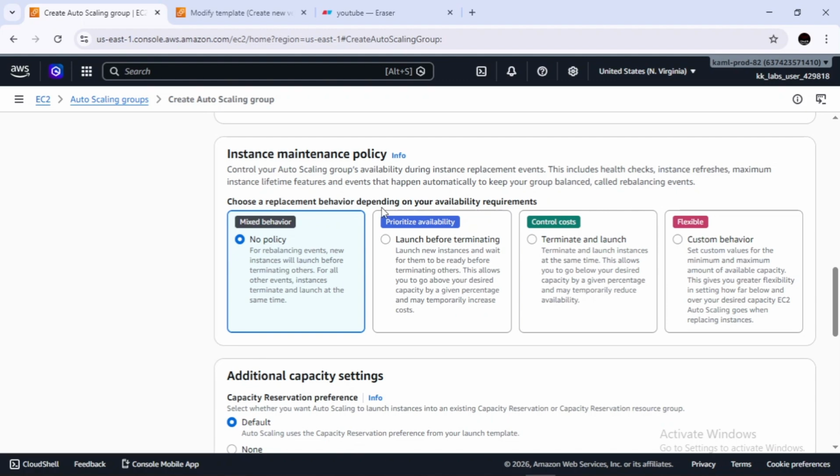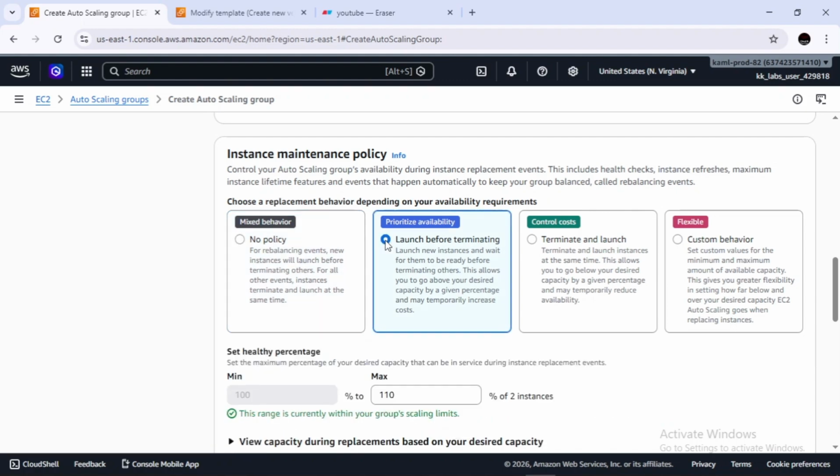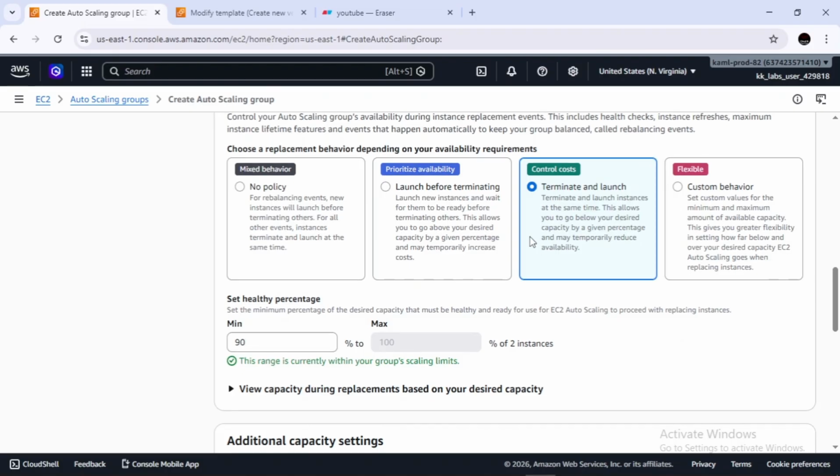The second option is launch before terminating. In this case, AWS will first launch a new instance, wait until it becomes healthy, and then terminate the old one. This ensures high availability, meaning no downtime, but it may temporarily increase cost. The third option is terminate and launch.